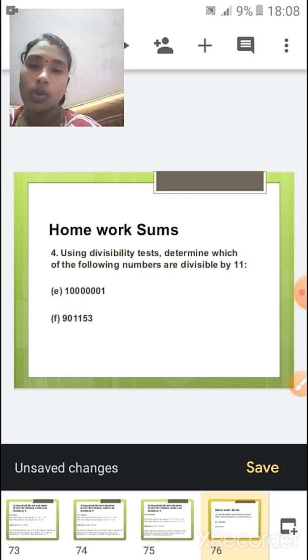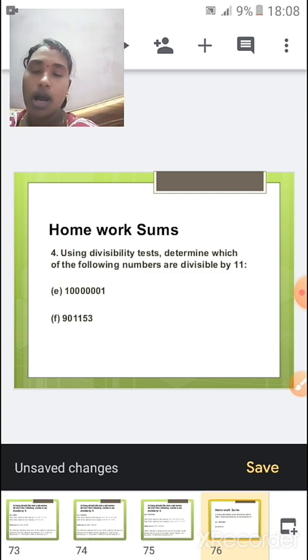Okay? As you work out the sums, you will be able to understand how to do. Okay? Maths is a subject where you cannot mug anything. You cannot memorize anything. You just have to work it out, and as you work out, you will have the capability to solve all the sums.